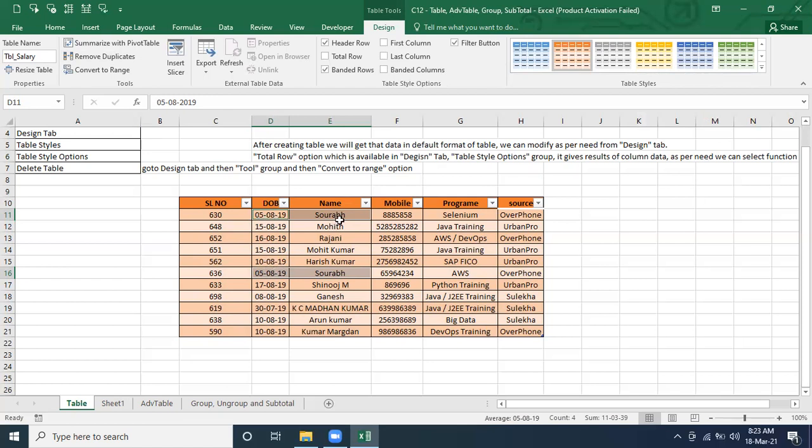So if you identify with the DOB and name, then both are not the same, both are different ones, but it's going to consider both the same. So it's going to remove this one. So I am going to identify with the mobile number also. If their mobile number is the same, then you have to delete. So now we are going to identify with these three. So are these three records duplicate or different ones?